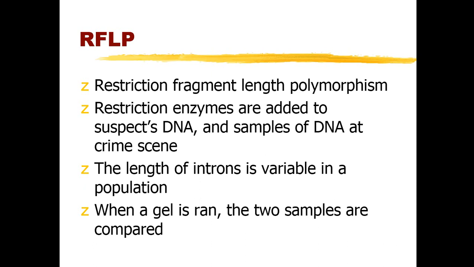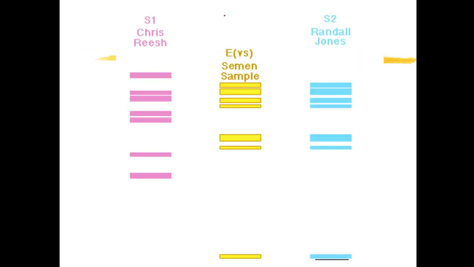Restriction enzymes are added to the suspect's DNA and the samples of DNA at the crime scene. The length of introns is variable in the population. When the gel is run, the two samples are compared. So this is sample 1, this is sample 2, and this is the semen sample collected from the crime spot,